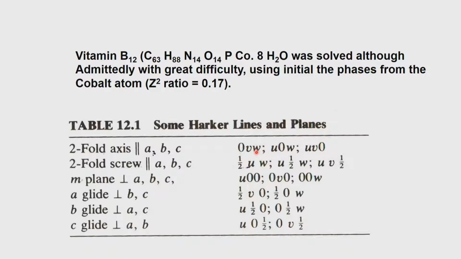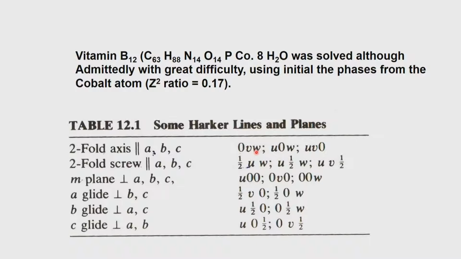And if there is a heavy atom, the v and w coordinates of the heavy atom are embedded in the 0 v w, if we are looking at a case where we have a two-fold axis which is parallel to A. That means, if the crystal system is P2, let us say, and the two-fold axis is parallel to A, we are looking at the projection 0 v w. So, this is a vector map. In the vector map, V is y1 minus y2, W is z1 minus z2.